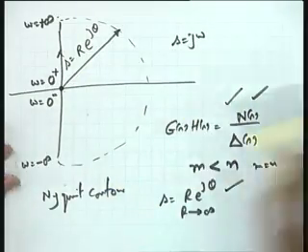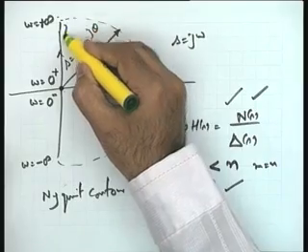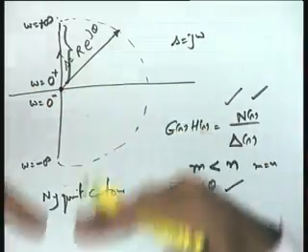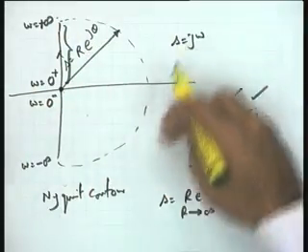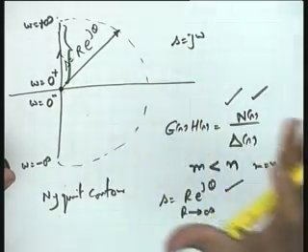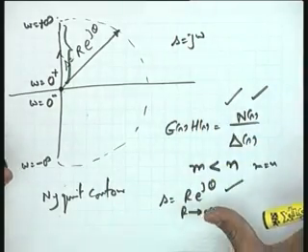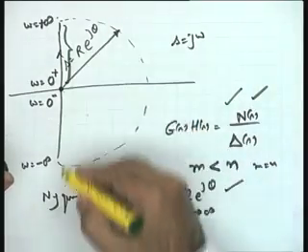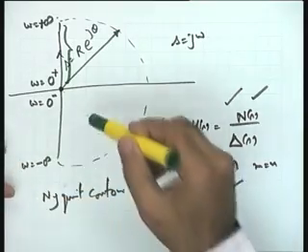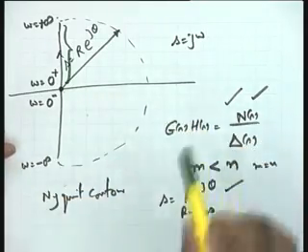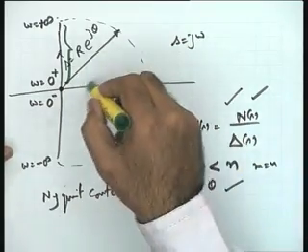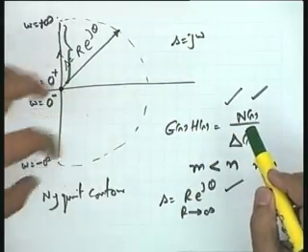So, it means effectively the mapping will be done only for this part of the Nyquist contour, because this part is just a reflection around the real axis, and as far as this part is concerned, this maps into a constant point. However, this is just the technique, and the technique will become clear, how do we do the mapping. But it is clear that the Nyquist contour is the entire right half plane, and the Nyquist criterion tells us whether there are any closed loop zeros of 1 plus GSHS, which become the closed loop poles of the system, whether there are any closed loop poles of the system inside this particular region.